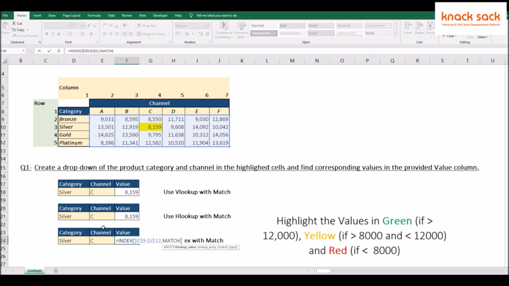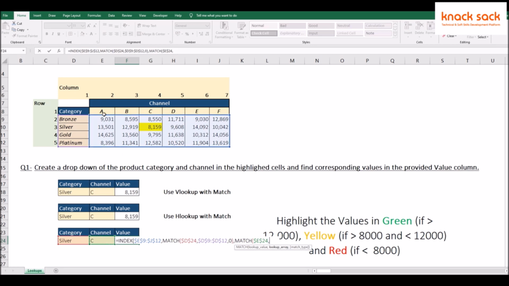So lookup value will be category. Then lookup array will be from bronze to platinum. And match type will be exact. Comma. Now we have to provide column number. Again for column number we have to provide dynamic column number because here column number is not fixed. So we will use match again. Then lookup value.